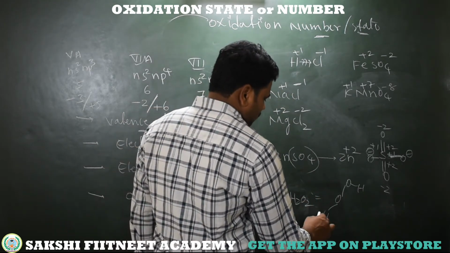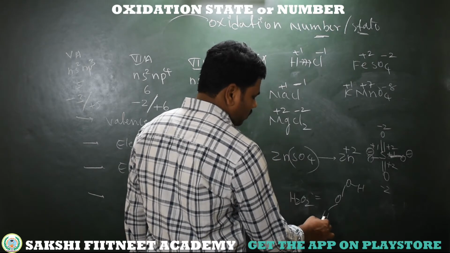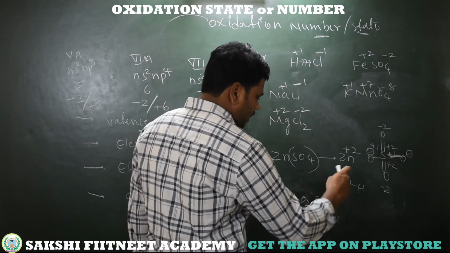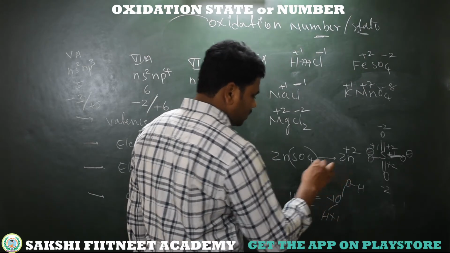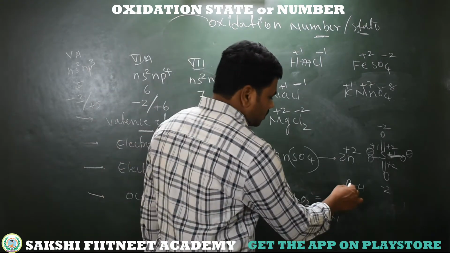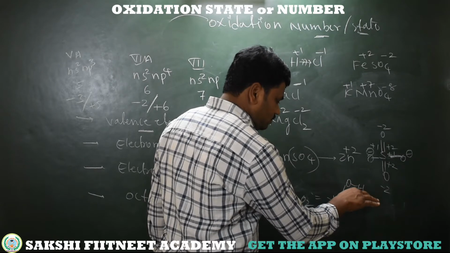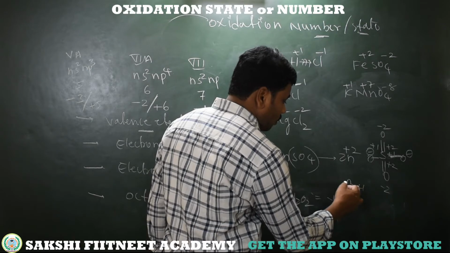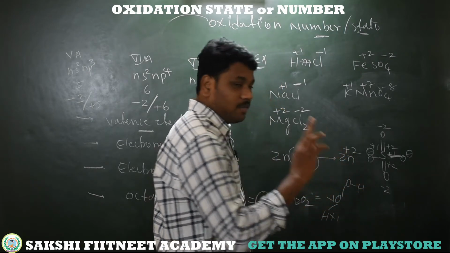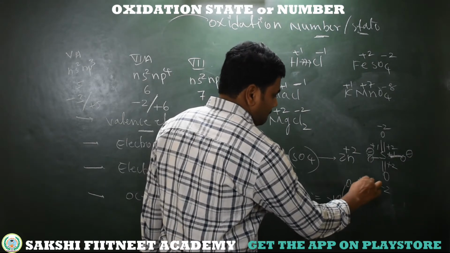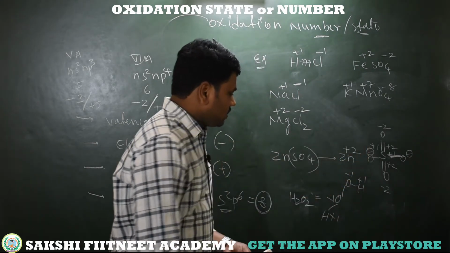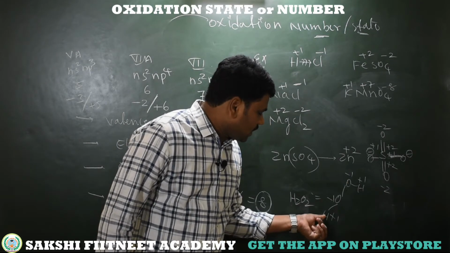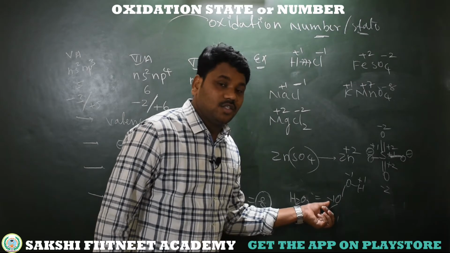See here, this hydrogen, oxygen, so more electronegative, less electronegative, obviously only 1 bond, so only +1, 1 bond from hydrogen, so with respect to this hydrogen it's -1. I'm taking this oxygen, so hydrogen is electropositive, that means less electronegative, and oxygen more electronegative. So with respect to this bond, only 1 bond, so whatever plus or minus, it should be 1. Hydrogen is positive, so +1, oxygen is negative, so -1. See here, with respect to only 1 hydrogen, this oxygen gives -1. With respect to this hydrogen, this oxygen gives -1. But oxygen shows -2 now.